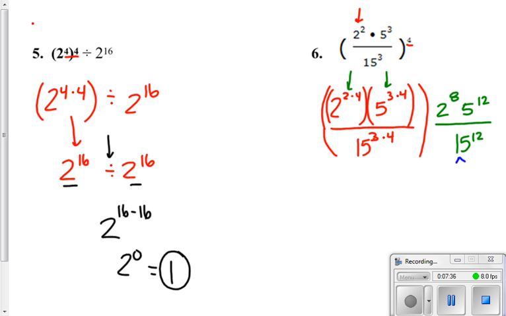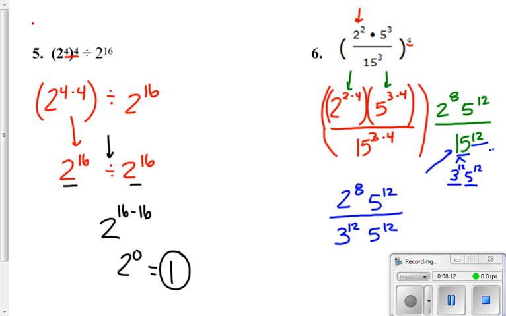15 is made up of 3 and 5. So basically what that is telling you is you have 12 3s and 12 5s. So another way to write this problem is you're still going to keep 2 to the 8th and 5 to the 12th on top. And all I did is prime factorize this 15 to the 12th power. I put it into 3 and 5, 3 and 5 giving us the 15, and they're both raised to the power of 12. So when I put this down below, 3 to the 12th and 5 to the 12th,